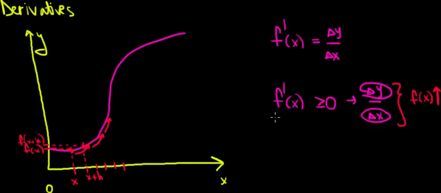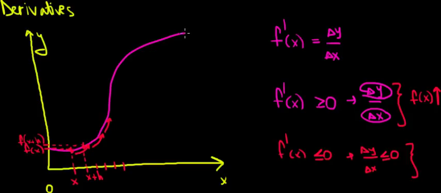Now, what if the opposite happens? What if the first derivative is negative? Well, that means that the rate of change between y and x is negative. And how does that look like? Well, let's suppose the function would start falling. We can see that from this point, from this x value, moving to the next x value, so another x plus h, the function goes from this point on the graph over here,